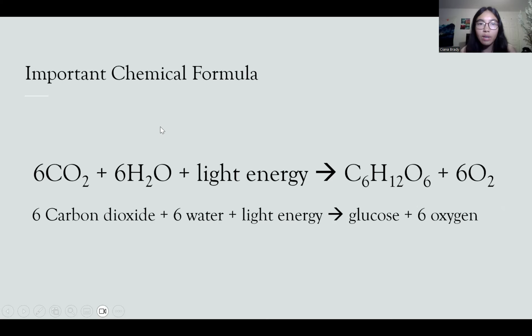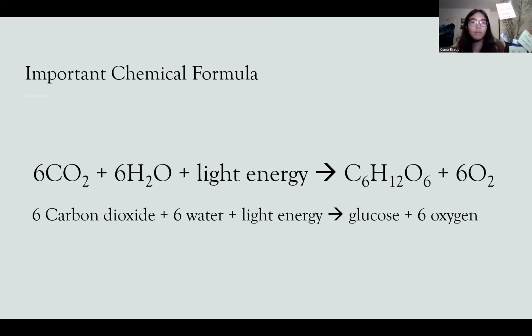This is the important chemical formula that everybody should know by the end of this lesson. Now, as I'm talking about this formula, I again will refer back to the plant that we have. So when I say it takes 6 molecules of carbon dioxide, I'm going to point out and say that this is the carbon dioxide that we, as humans and animals, breathe out, and then plants take it in. The 6 molecules of H2O, again, I will point back to our water and say that this is the water that we're